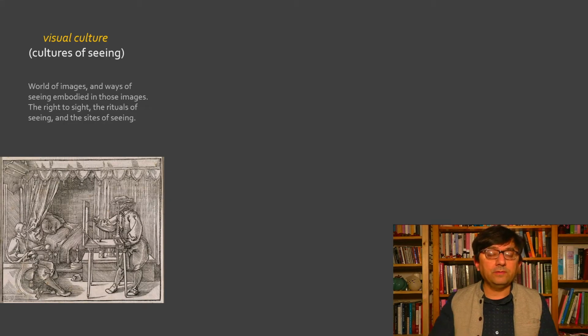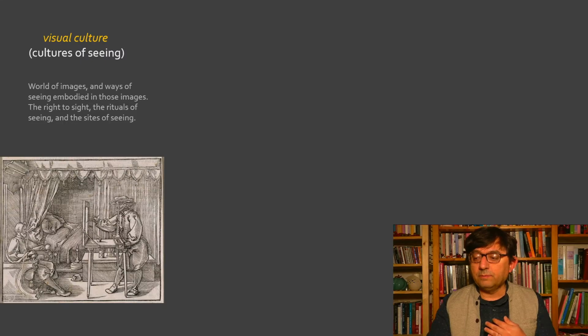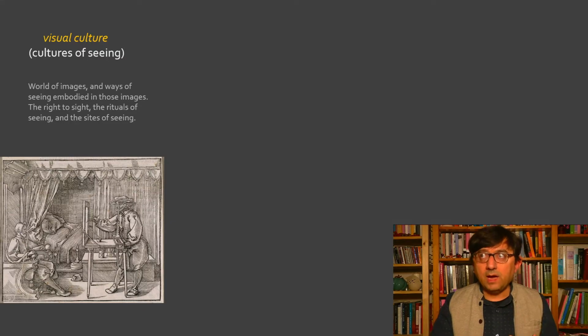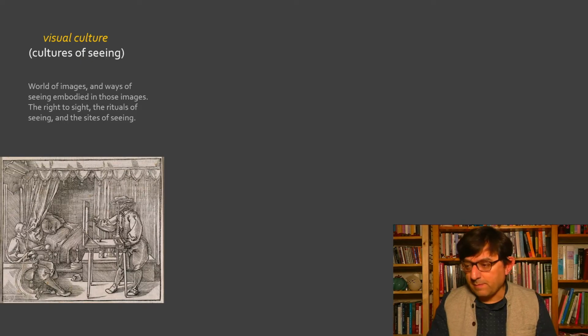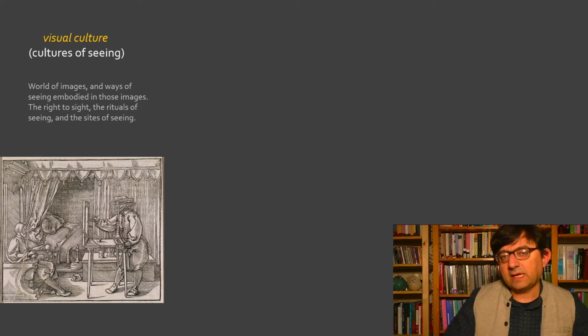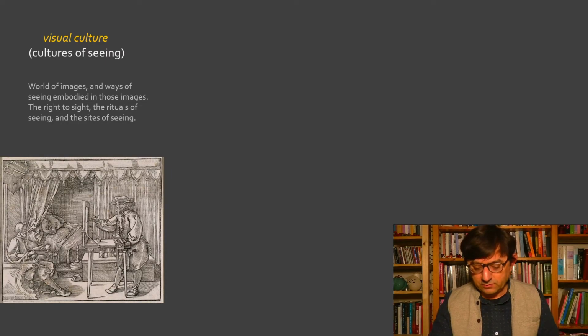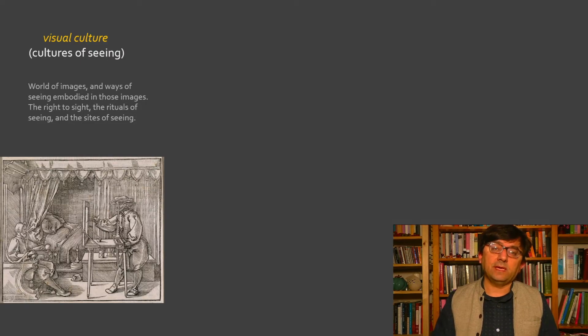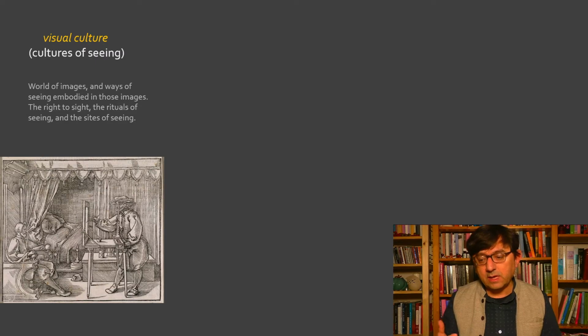And so imagine a world before the internet, where really precious works of art, at the time of their making, very few people had actually seen them. So the right to sight is a kind of privilege that we have to really take into consideration. The ritual of seeing is the idea that the way that we look at things and objects and artwork and architecture is somehow ritualized, and that there is an etiquette in approaching things.